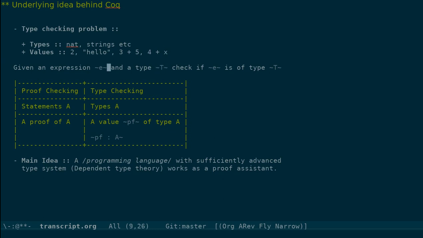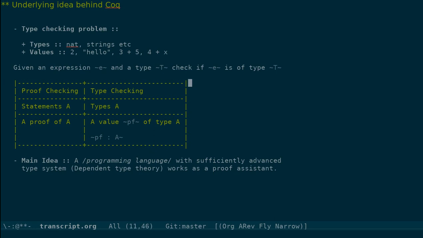And the type checking problem in a programming language is whether, given an expression E and a type T, you check whether E is of that type T. This is a problem that you encounter when you implement programming languages.